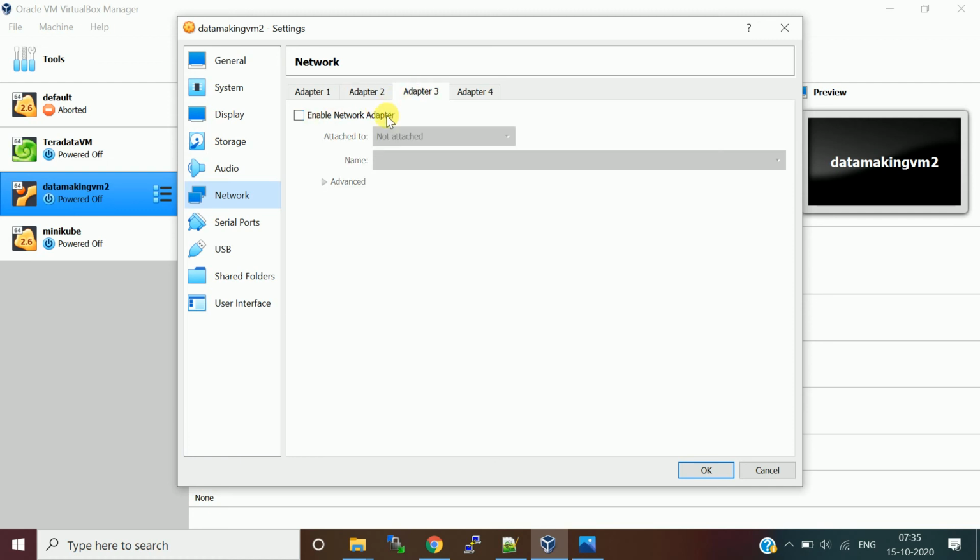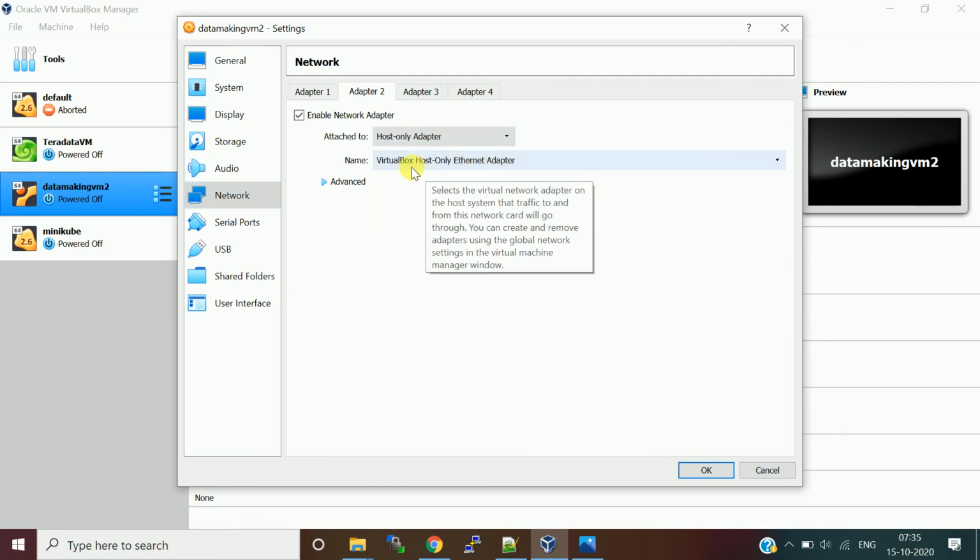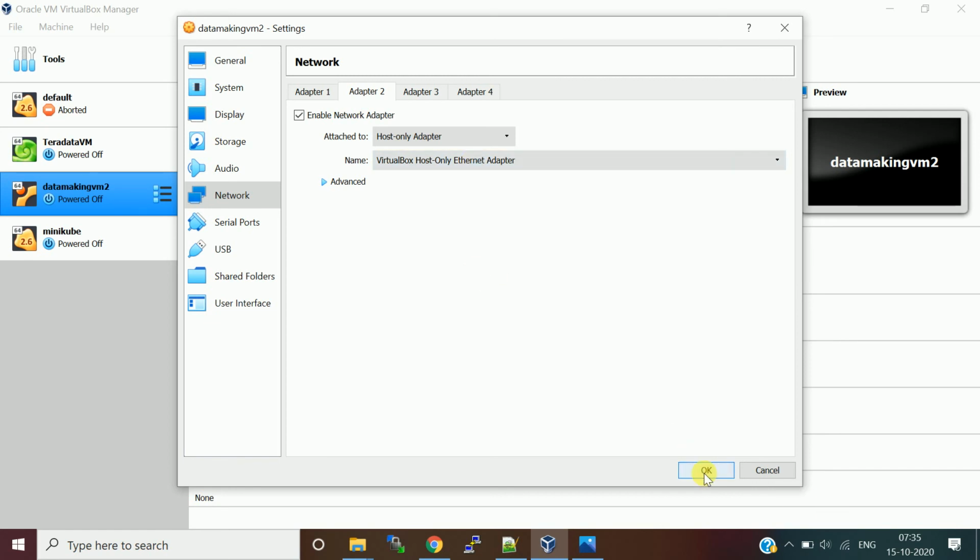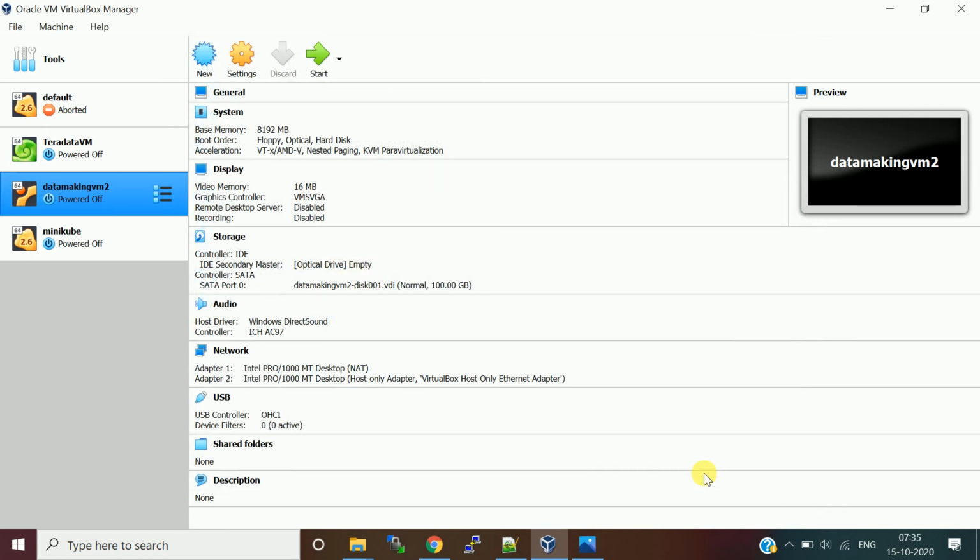In Adapter 2, click on Enable Network Adapter and from the drop down choose Host-only Adapter. The VirtualBox Host-Only Ethernet Adapter will be chosen automatically, or you can choose that. Then click on OK. Once you click OK, you can start the VM.